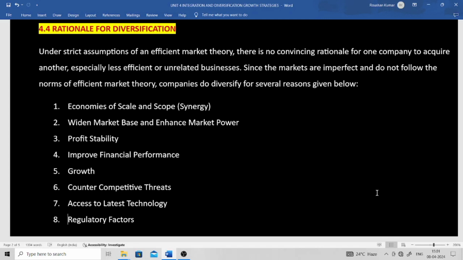Since markets are imperfect and do not follow the norms of efficient market theory,